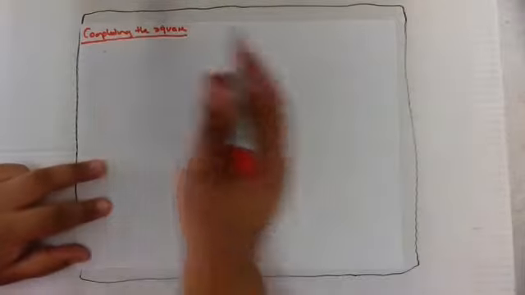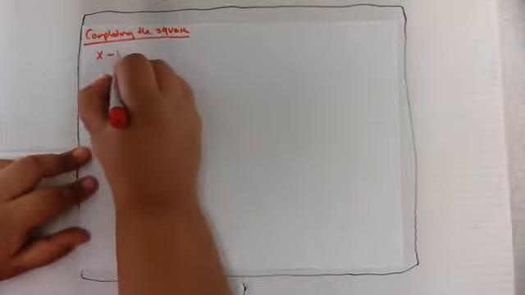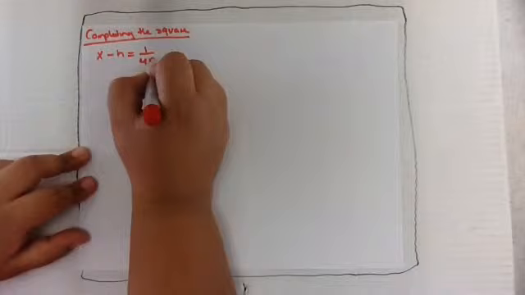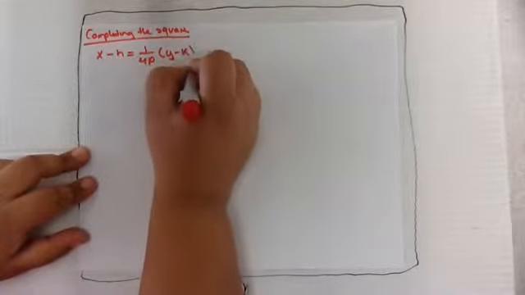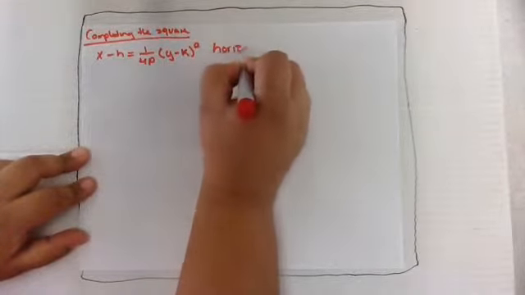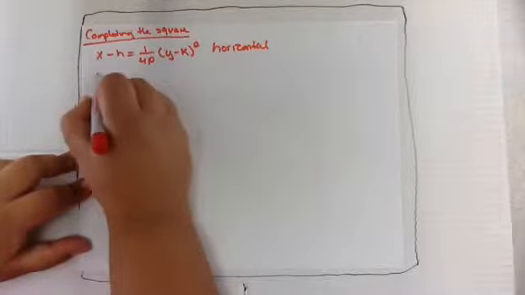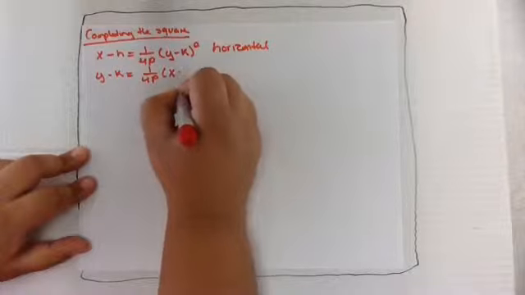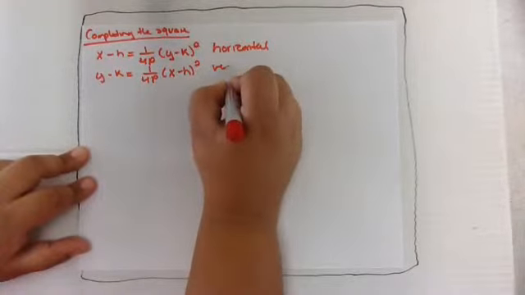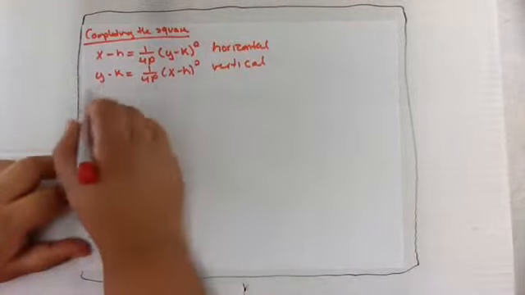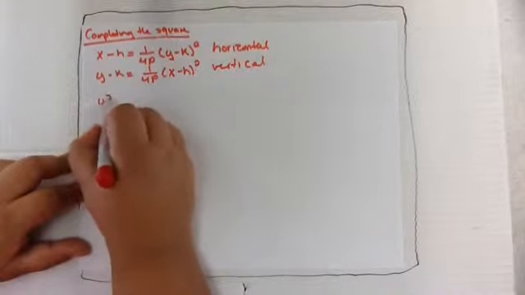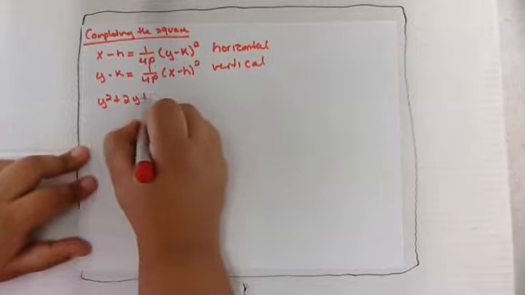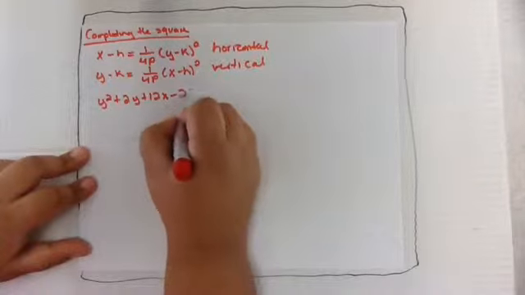Completing the square. So we talked about parabolas. We have the standard equation of a parabola, which is x minus h equals 1 over 4p times y minus k squared, and that's for horizontal. And then we have y minus k equals 1 over 4p times x minus h squared, and that's for vertical. So if I give you the following equation, y squared plus 2y plus 12x minus 23